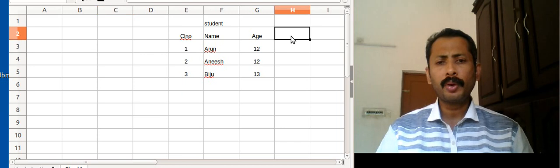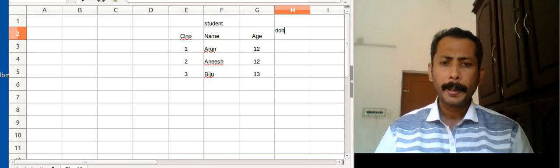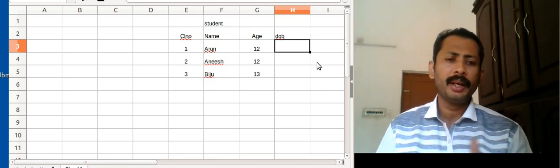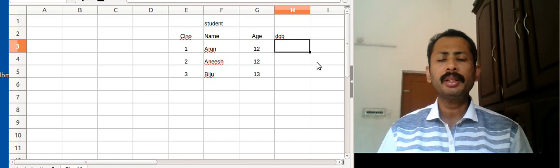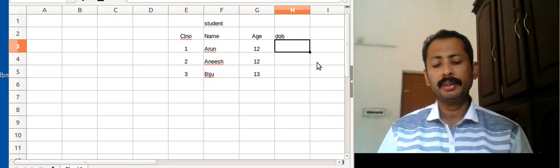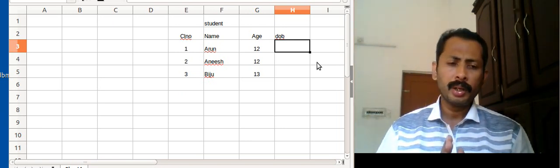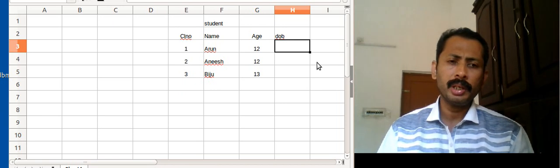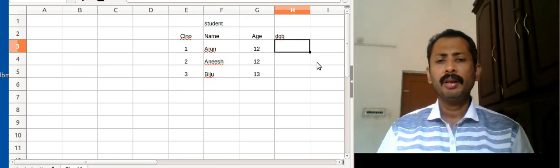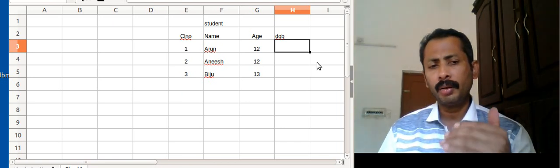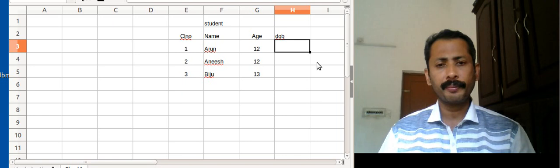If I have one more column called date of birth, then in my mind I have the idea that I will be writing a date in that column. So what type of data is stored in each field will be decided in the mind of the designer.